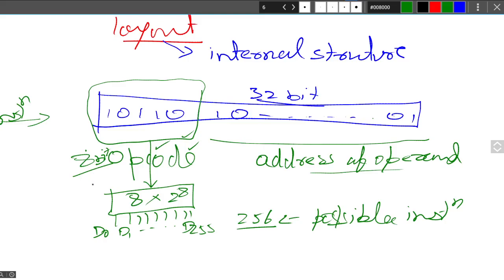Now, depending on the number of instructions your processor is supporting, you may have a different size of this particular opcode. So here you have to understand that in this instruction, you have the bits to represent what operation a particular processor has to perform. You can also understand this is in encoded binary form.